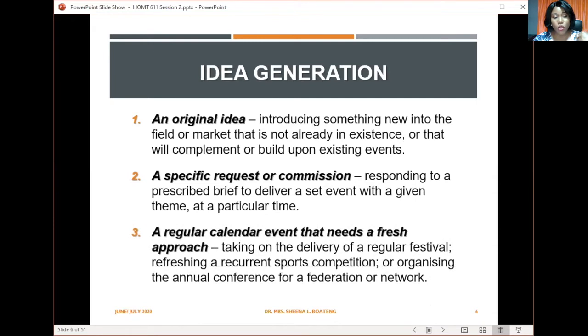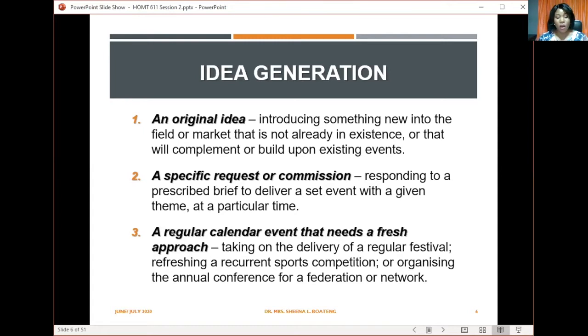And then finally, we can talk about a regular calendar event that needs a fresh approach. Like I said, there are certain events that have existed since the time of our mothers and grandmothers and ancestors, including funerals and weddings and festivals, right? And like we all agreed last week, the weddings of today are not like the weddings that we used to organize before. And it is as a result of this third form of idea generation, where a regular calendar event like weddings that have been taking place forever has been going through an evolution and always been given a fresh